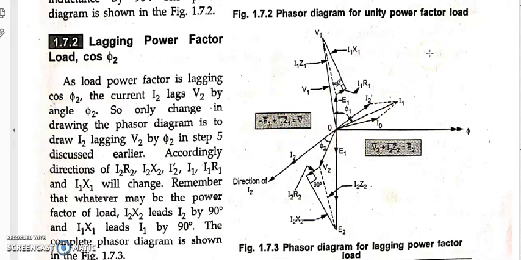So again we know that I1 Z1 comprises I1 R1 plus I1 X1. Yes, I1 Z1 is equal to what? The summation of I1 R1 plus j I1 X1. Again, at the tip of the minus E1 I need to draw I1 R1, that is the voltage drop across the resistance. Whenever I say voltage drop across the resistance, what should come to your mind? The voltage and current in that part are in phase. There is no phase angle between voltage and current in the resistance. That is, the phase angle is 0.